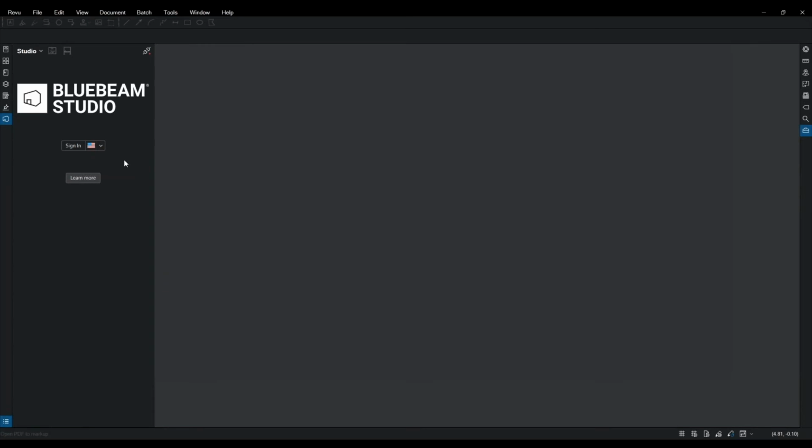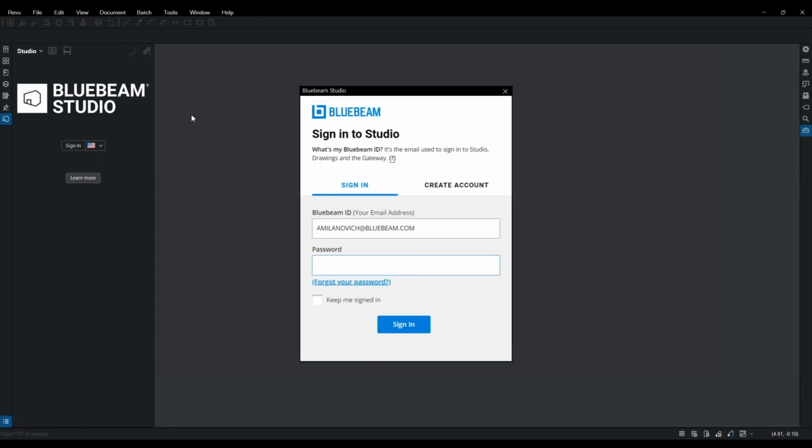You'll notice there's a couple options here. There's an option to sign in. There's also an option in the right-hand corner of this panel that shows the option of disconnected. I'm going to go ahead and select that outlet plug there. Once I select it one time, it's going to take me into my sign in options.